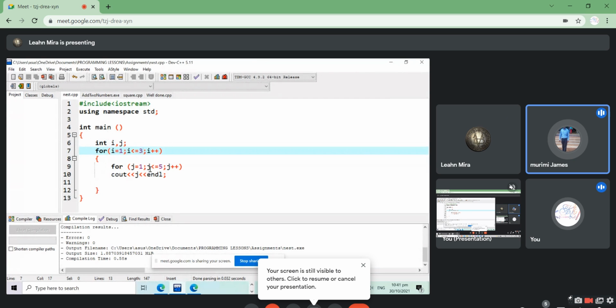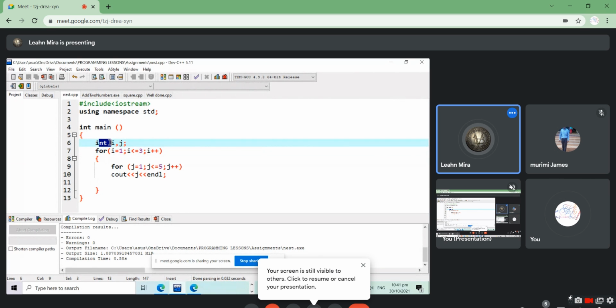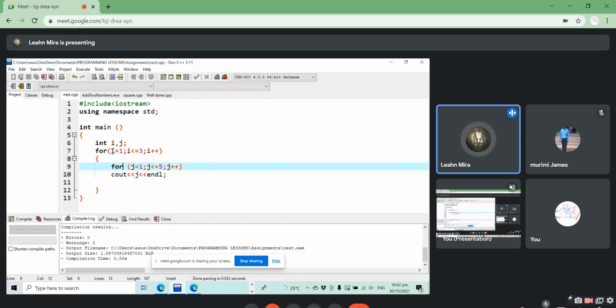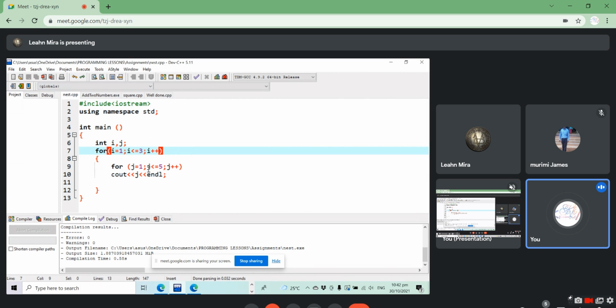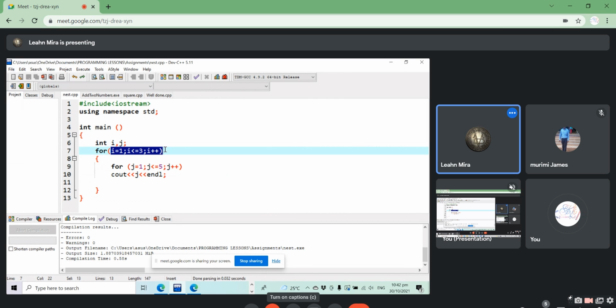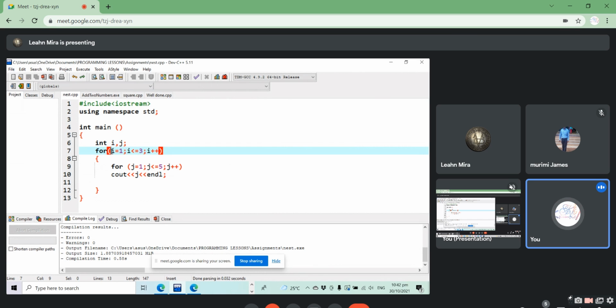Yes, yes. So we have for int i equals 1, i is less than... Do I still need to do this or not? No, your line of code is absolutely right, but not here. That's because inside our for loop, we can also declare a variable. So if we put int i here, it will be defined, and then it will be accessible only within this for loop.